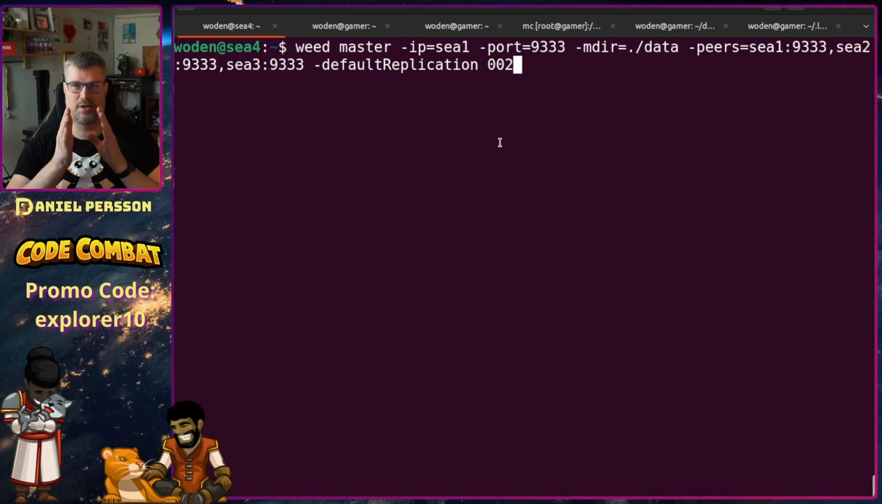So if you had 0, 0, 0, which is default, you would just have 1 copy of your data. But you could of course say that I want to have 2, 0, 0. So for each data center I set up, I want to have 2 separate copies on other data centers. So that is the